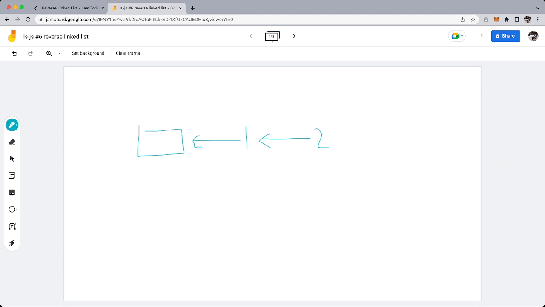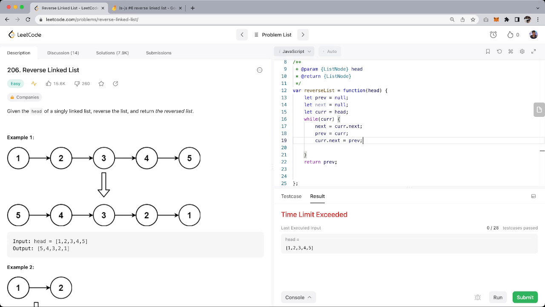So now the next element should point to the current element. So next is equal to cur.next, okay, but next dot next should point to the current element, okay, and then